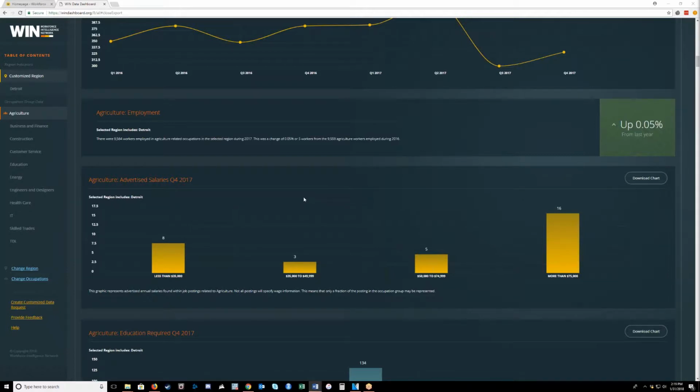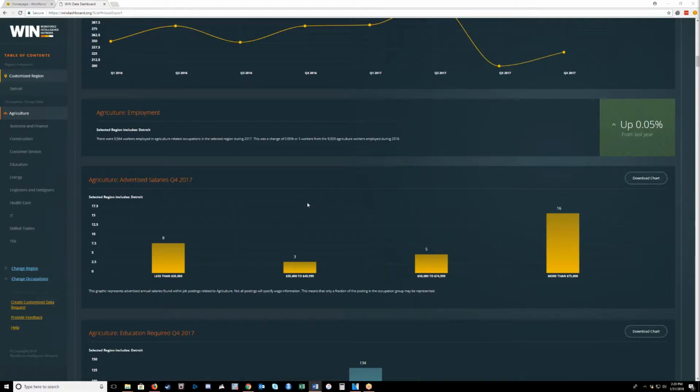Offers may be higher or lower than advertised due to applicants' experience levels, educational attainment, or as a result of negotiations during the hiring process. This information can give job seekers an idea of what to expect earnings to be in particular occupations, and help paint a picture of how wages progress with further education or experience. Employers can use this information when recruiting to see how they fall in the spectrum of competitive wages.